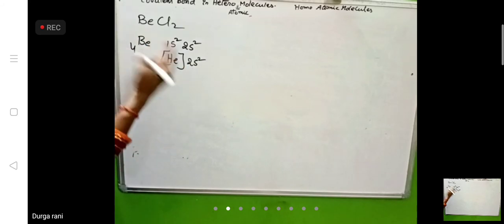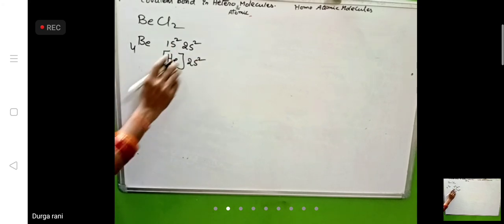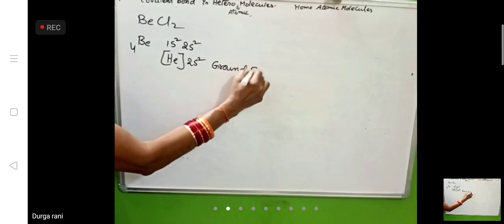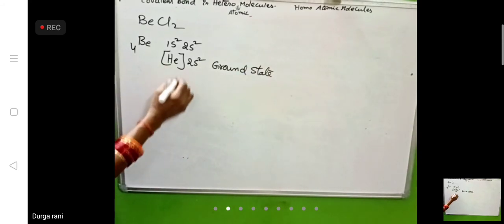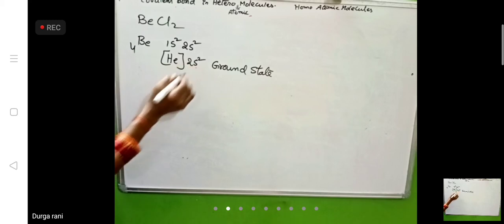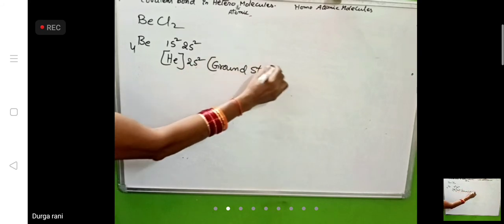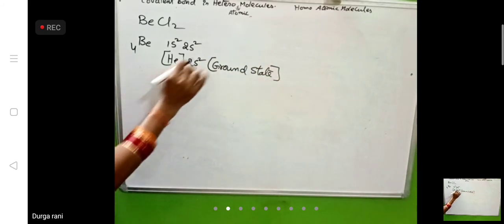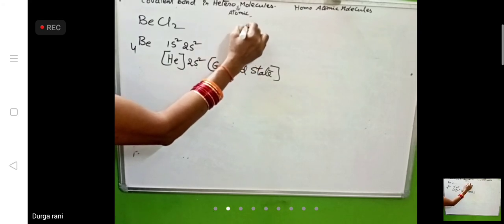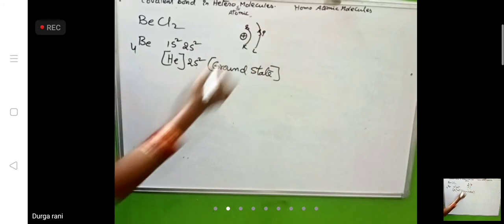But when beryllium chloride is formed, when the electrons are like this, they will not participate in chemical bonding. They should go to the excited condition. This is what is called the ground state. Next, here in the L shell, is the S orbital alone there or P orbital also there? In the L shell, I am not asking about the K shell. If it is the atom, the K shell has only an S orbital. If you take the L shell, it has S and P orbitals, both will be there.